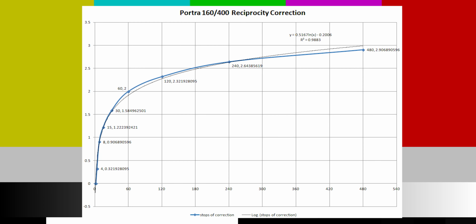Reciprocity failure is when your film's response to low light levels is exponentially diminishing. As a result, you have to expose your frame longer than what your light meter indicates. For example, if your meter tells you to shoot for 2 seconds at f8, you will shoot it for 4 seconds at f8 instead. Most known film stocks, such as Kodak Portra, have their reciprocity failure table provided by the